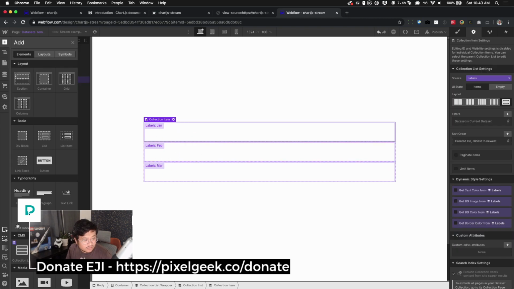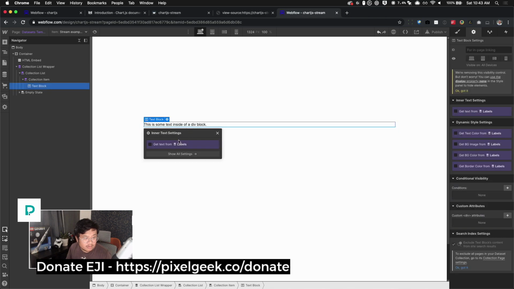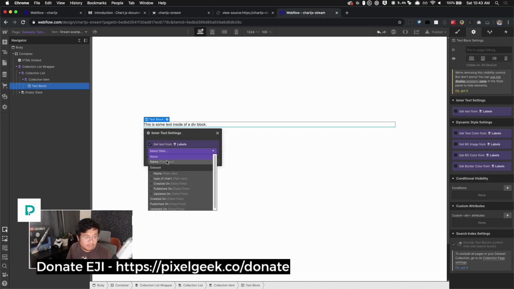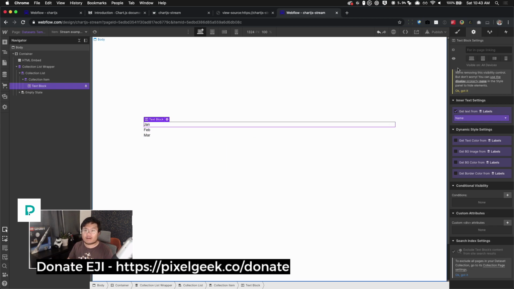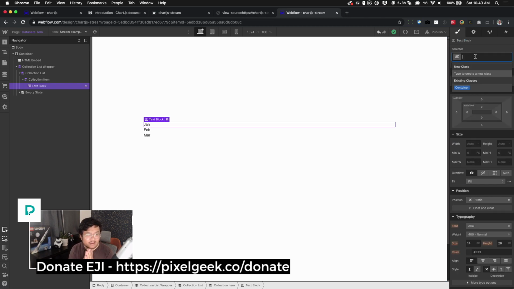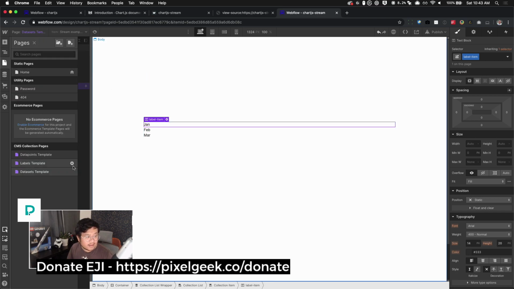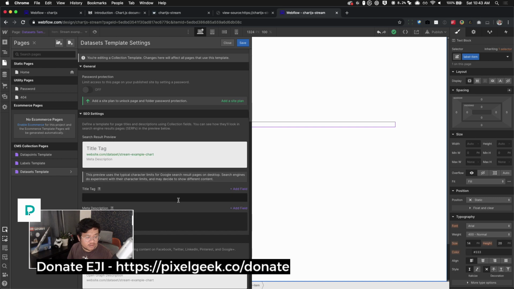In each of these, I'm going to drag in a link block and pull the text from the name of the label. So now we have January, February, March, and they're in plain text. I'm going to give these text blocks a name. I'm going to call it label-item. Now all three of these have this class name. Now I'm going to go to datasets, open the page settings,